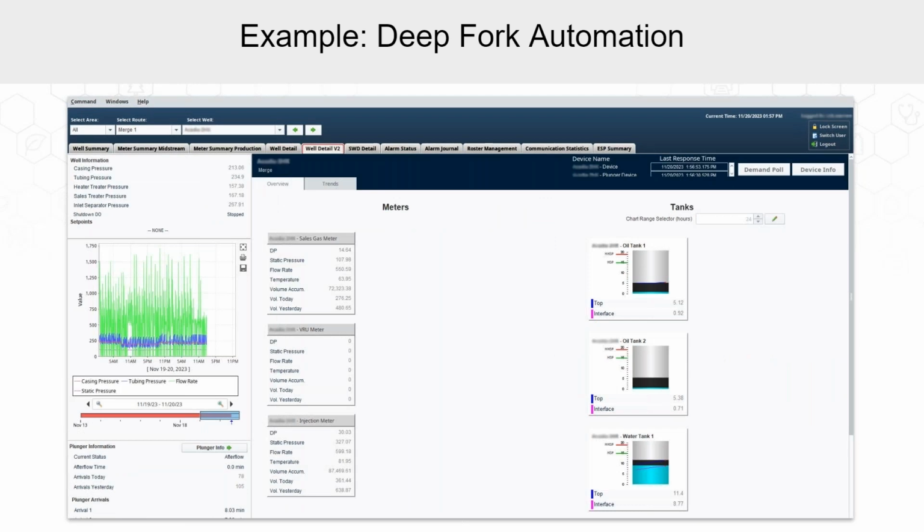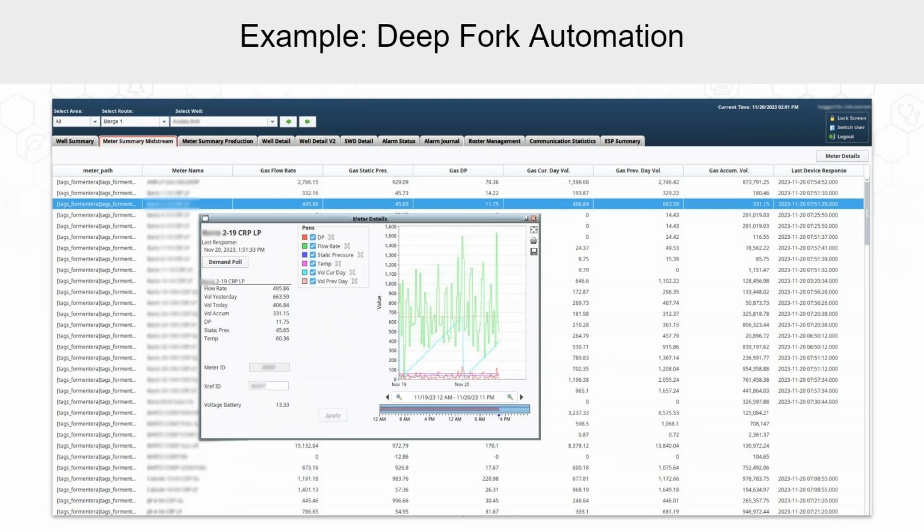And so, you can see within their application here, going into details on the metering, they can also pull up pop-ups as they go through and look at all these different meter paths and everything and see the last state responsive and all that kind of stuff, right? See the flow rate, see the volume yesterday and today. And so, this was a good application that solved a real need that customers had, but that they could do in kind of a cookie cutter way so that it was easy to service multiple customers from the same type of project. Really wanted to shout out Deep Fork for giving us permission to share their screens. Great company, and we're really excited about what they're doing with Ignition.